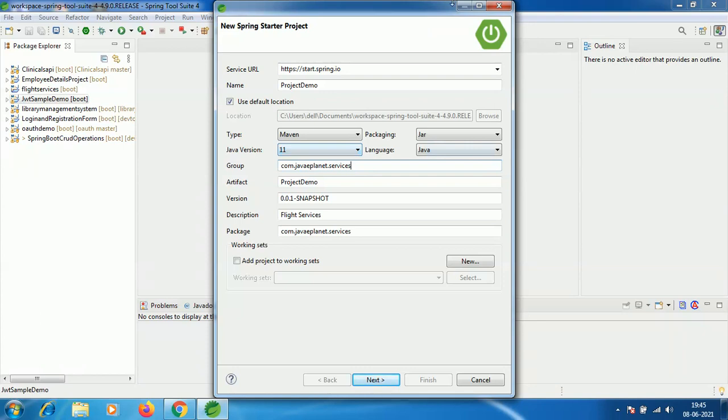In the group, write the package name, com.javaeplanet.demo. Artifact ID is the project name. Project name and artifact name are the same.